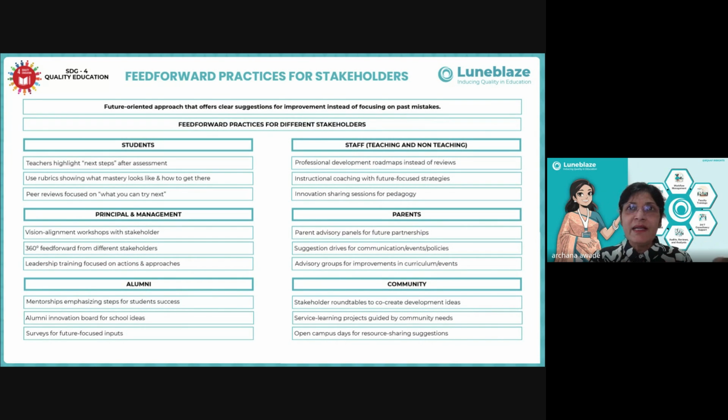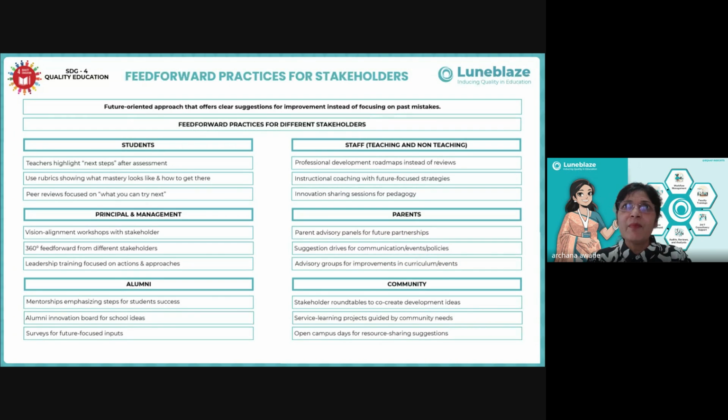So we have to shift from just judging from the past performance to planning for the future growth. Suppose we say now the teacher has recently joined, but we see the potential in that teacher. So we can have some kind of professional development program or hand-holding program for the teacher. So reviewing the programs for teachers which we have implemented in the past will help us to plan for the